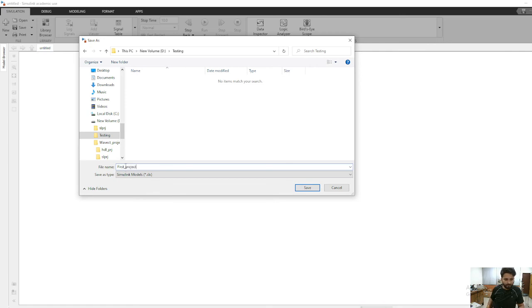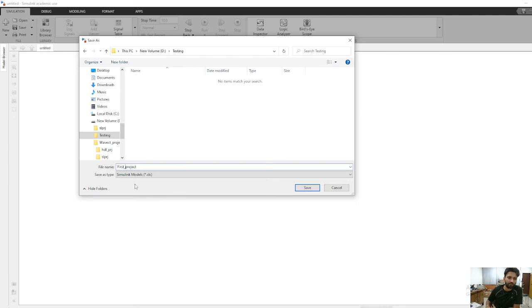And the reason why I am using this underscore, someone must have noticed. This underscore makes things feasible for MATLAB, because MATLAB does not consider spaces. So every time you name a MATLAB project, you have to avoid spaces.